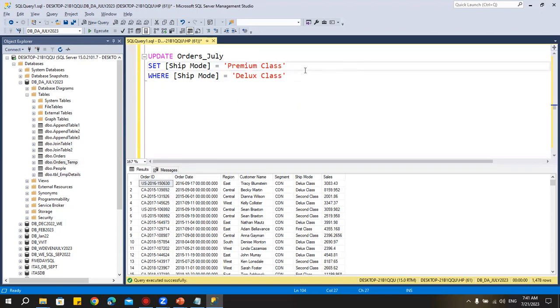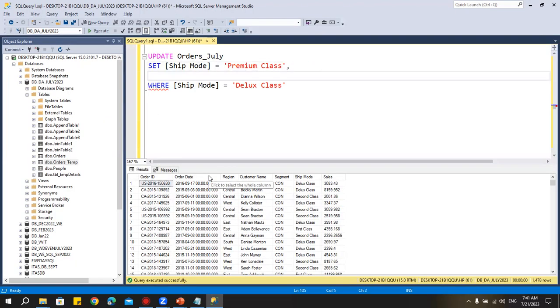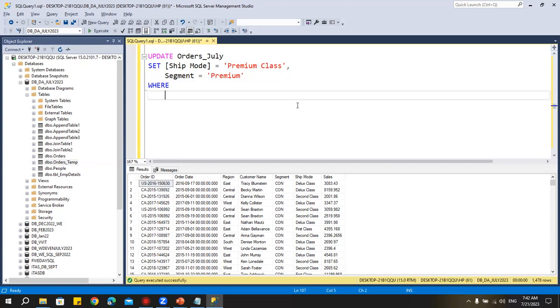Let's take one more column, the segment, which should be equal to premium. But we need the condition